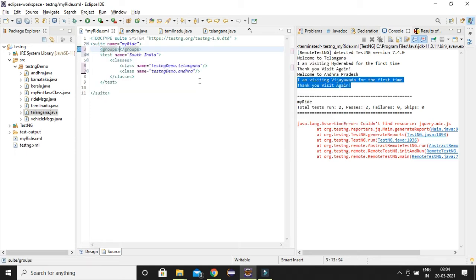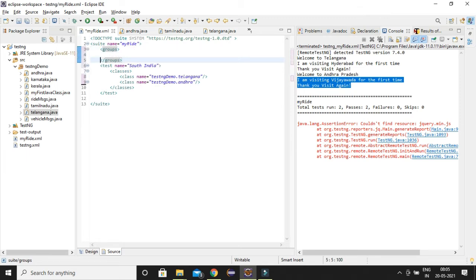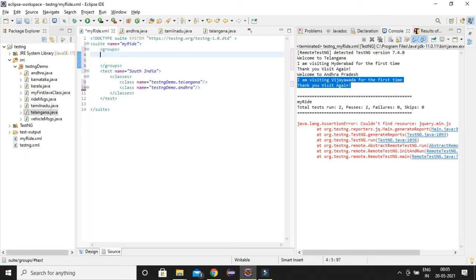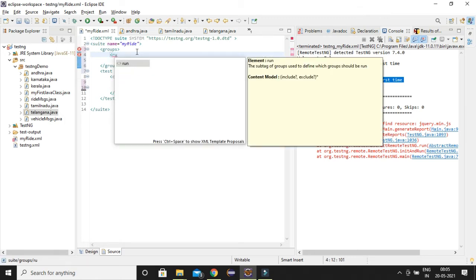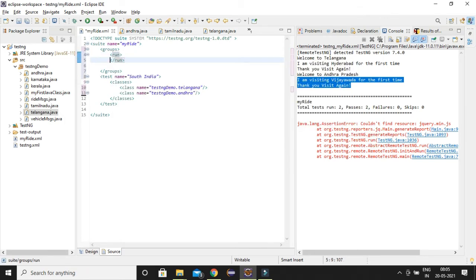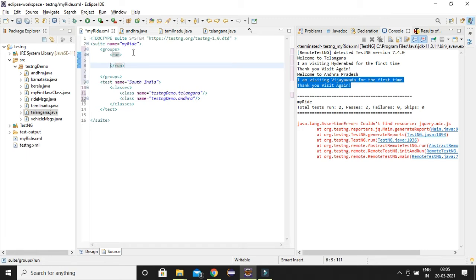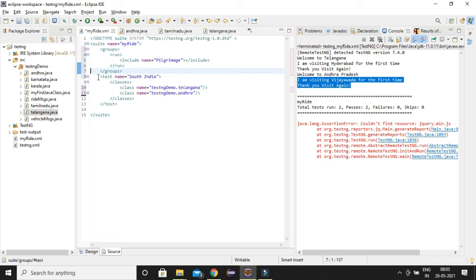So you have to use groups tag. In groups you have to use run tag to run whatever groups that you want to execute. Inside run just say include. So what is the meaning of this?